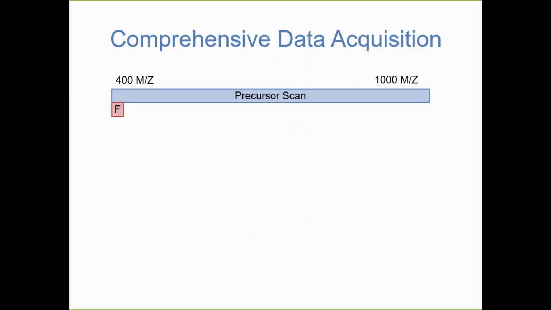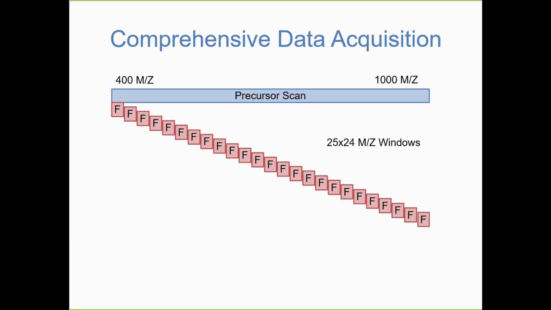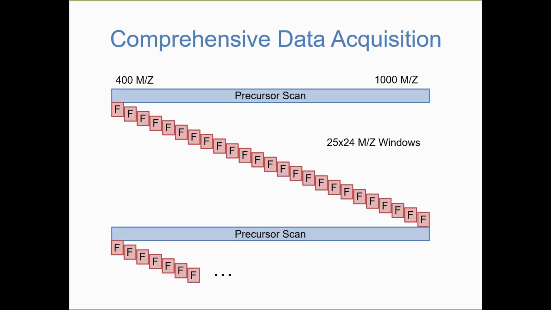Now, I was showing you some toy examples before, but generally, to give you an idea as to what a normal DIA experiment would be, you'd acquire a precursor scan again from 400 to 1,000 and fragment ion scans in repeated sequential order across that entire range. Here I'm showing you 25 by 24 MZ wide window ranges to match that entire precursor isolation. And then you would skip over and do it again, acquire the same precursor scan and a bunch of fragment